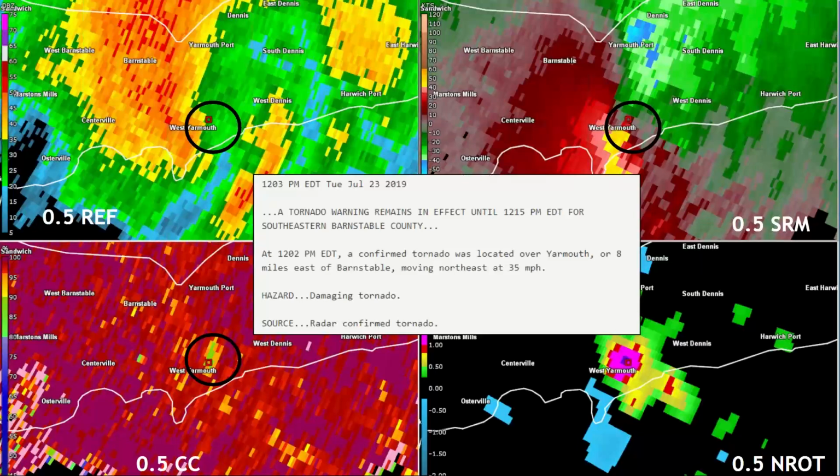So the one, and this was a use of the four panel to build our confidence on a potential tornado on the ground. So if you look at the circle right over West Yarmouth, so you have